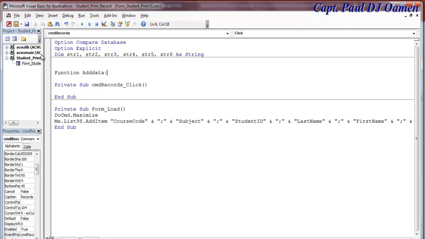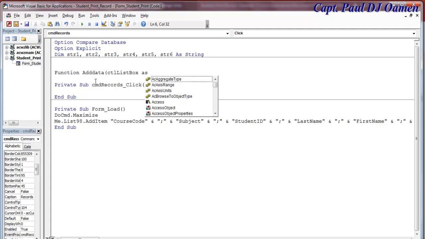So let's say ctl listbox, okay, as, right, control listbox, that's what I'm going to call it, as listbox there, comma, let's say by value,